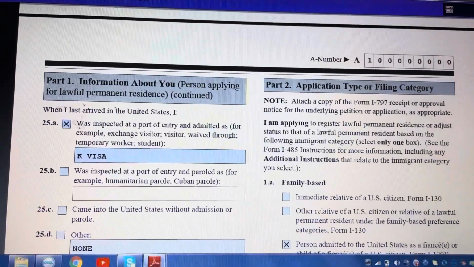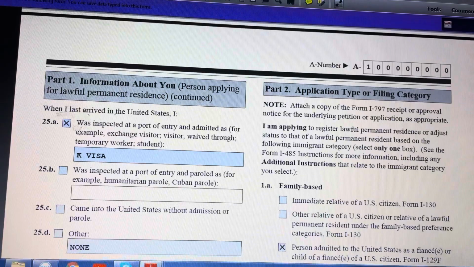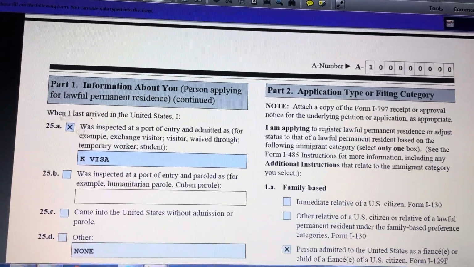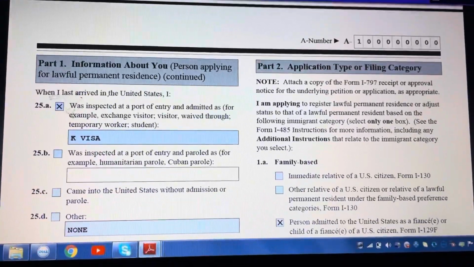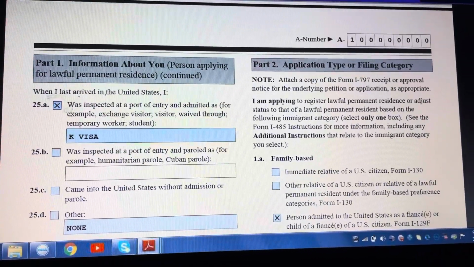Maybe it's okay. If it's not clear to you, just comment down below. Anyway, I will put some in the description. So the alien number is automatic. It was written. And for Part 1, information about you,